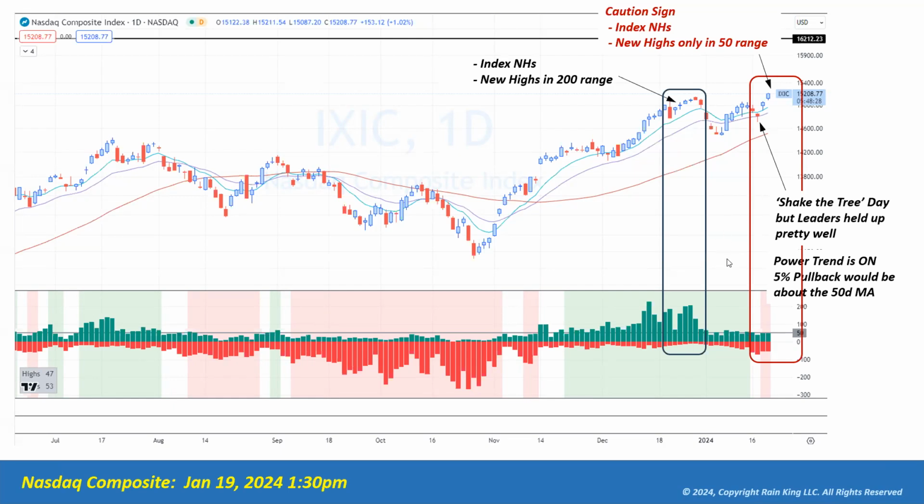So the good news is we're still in a healthy position on the index. The power trend is still on. And even when we look at a 5% pullback from the current levels, that would actually bring us down to the red line here, which is the 50-day moving average. And what I like about the 50-day is, if you look at the breakout from this long consolidation, particularly this little area of support back in here before we really started to rally again, the 50-day has actually moved above that level of breakout. I like that because even if we come down and touch the 50-day with a 5% pullback,